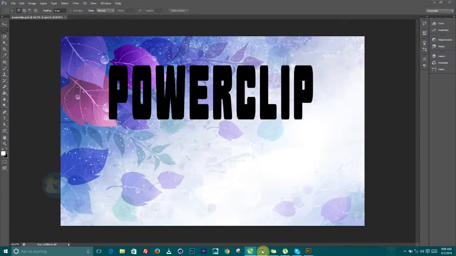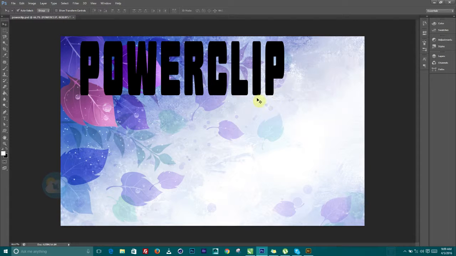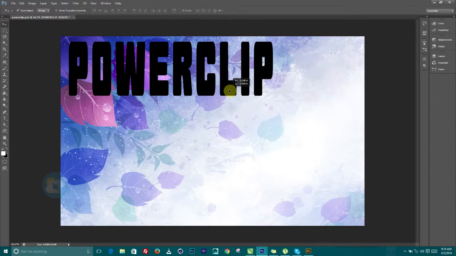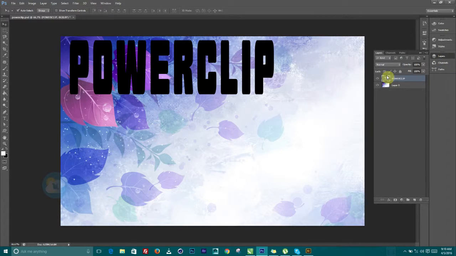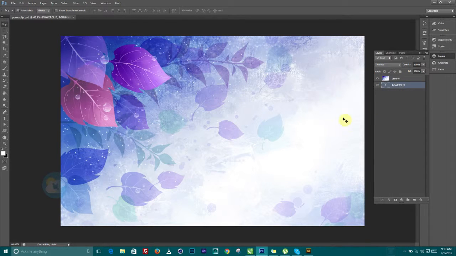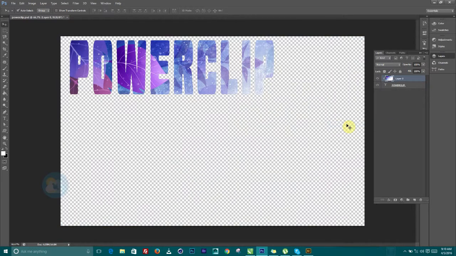Now over here inside of Photoshop, how can you power clip? The way you do this in Photoshop is a little bit different from the way you do it in CorelDRAW. So I'm gonna just move the text over to this place where I have more highlight. Then over to my layers, we have the text layer and the image layer. Now move the text down so that the image layer will be on top. Then come over to the image layer, right click on it, then you say create clipping mask. It's going to use that image to clip the text.